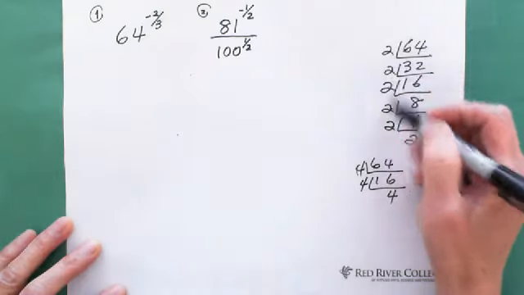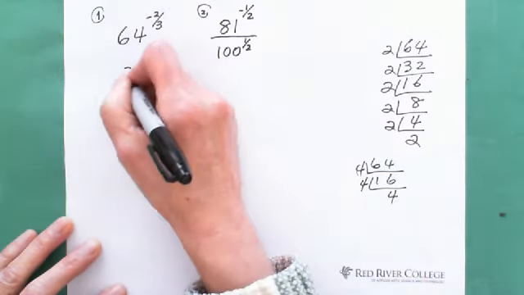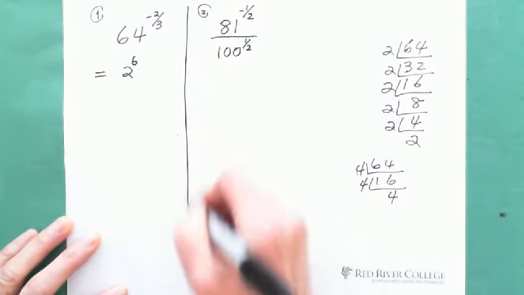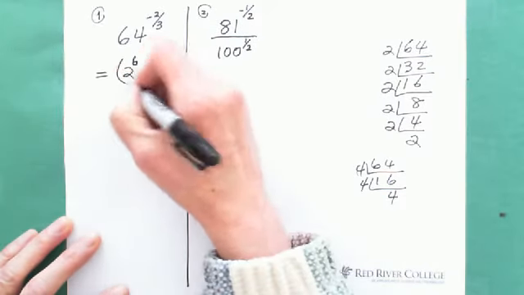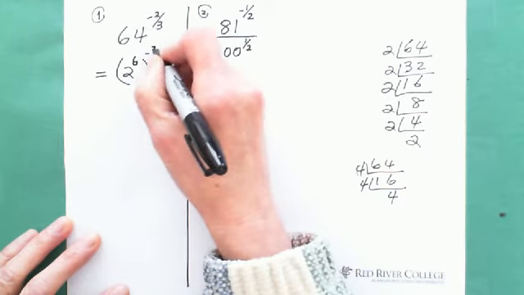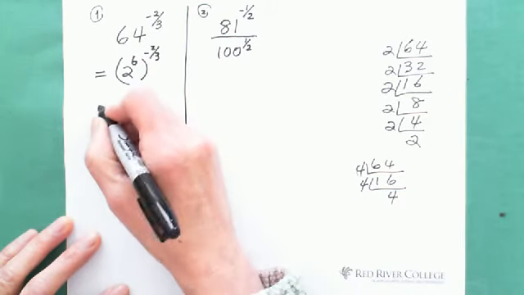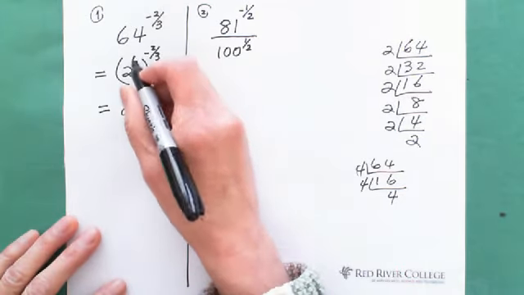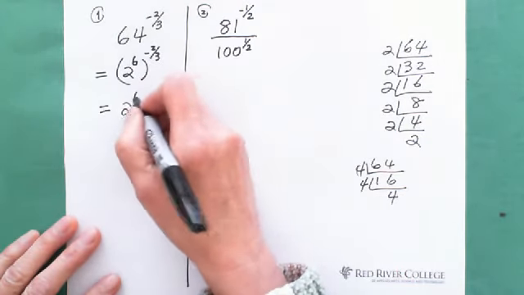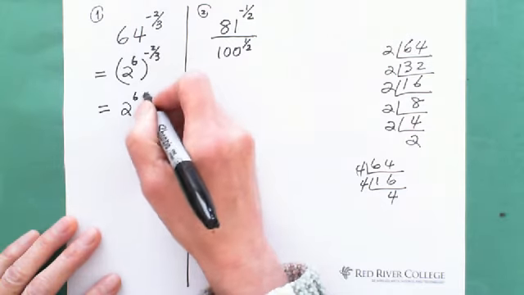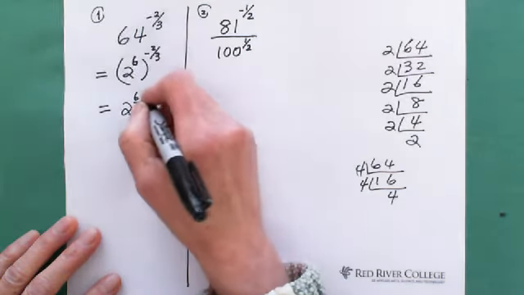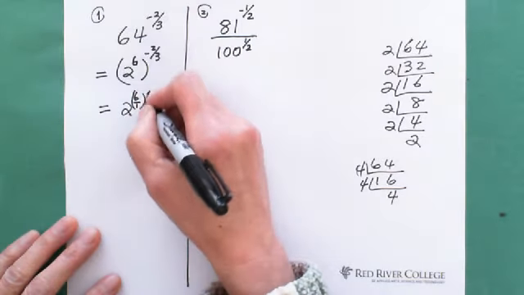Let's do this one, 2 to the 6 exponent, and raised to negative 2/3. As we know, when working with fractional exponents, we multiply these two exponents with 6. You can write the 6 over 1 if you feel like, oh, negative 2, too many signs. You write this one,